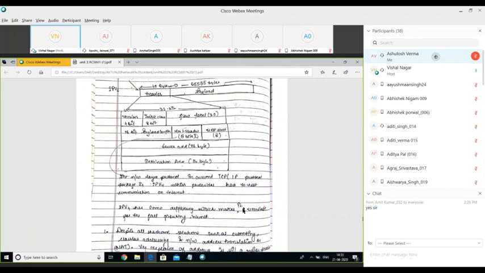Then we have hop limit. When we discussed the flooding algorithm, we discussed that we should fix the lifeline of a packet in a network. So this hop limit means this packet will jump from one node to another node.